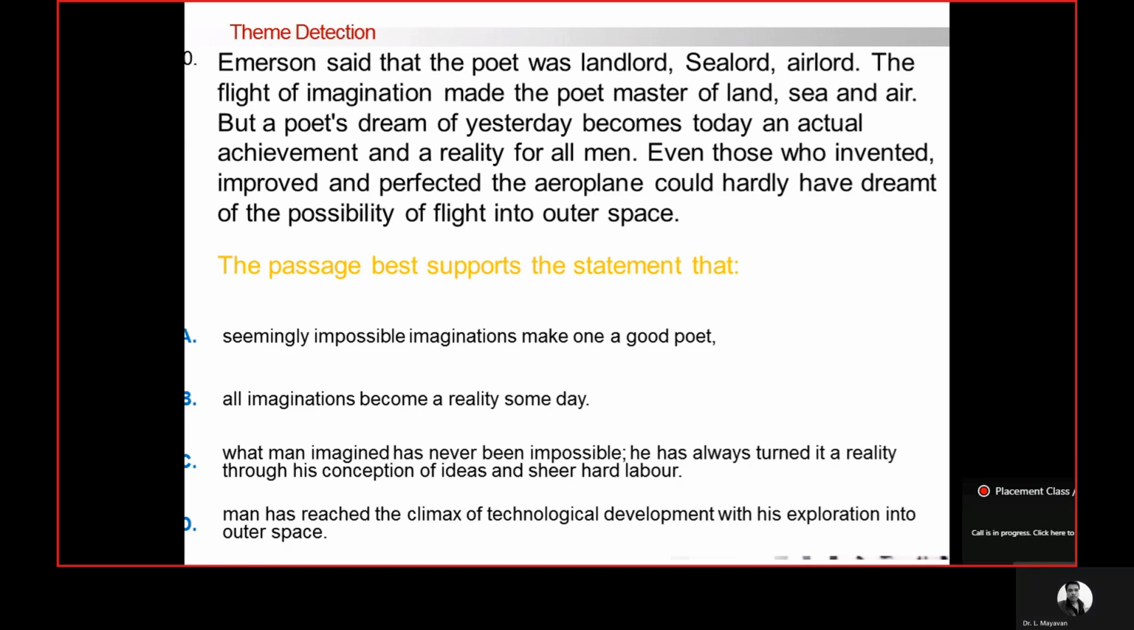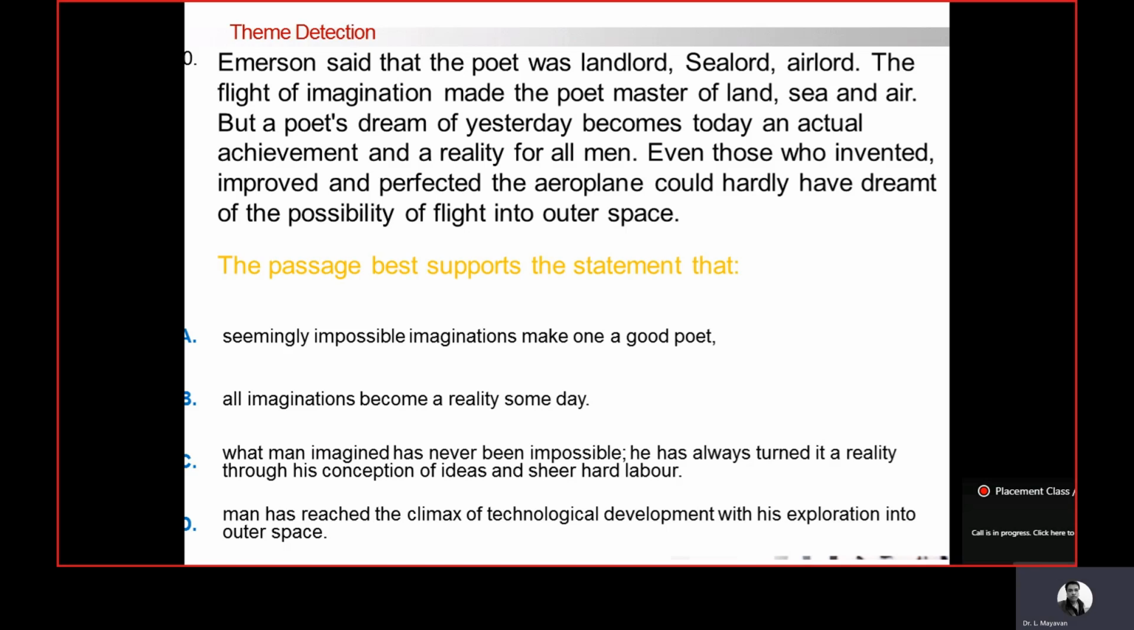Option A, seemingly impossible imaginations make one a good poet. Option B, all imaginations become a reality someday. Option C, what man imagined has never been impossible. He has always turned it a reality through his conception of ideas and sheer hard labor. Option D, man has reached the climax of technological development with his exploration into outer space. Now option C